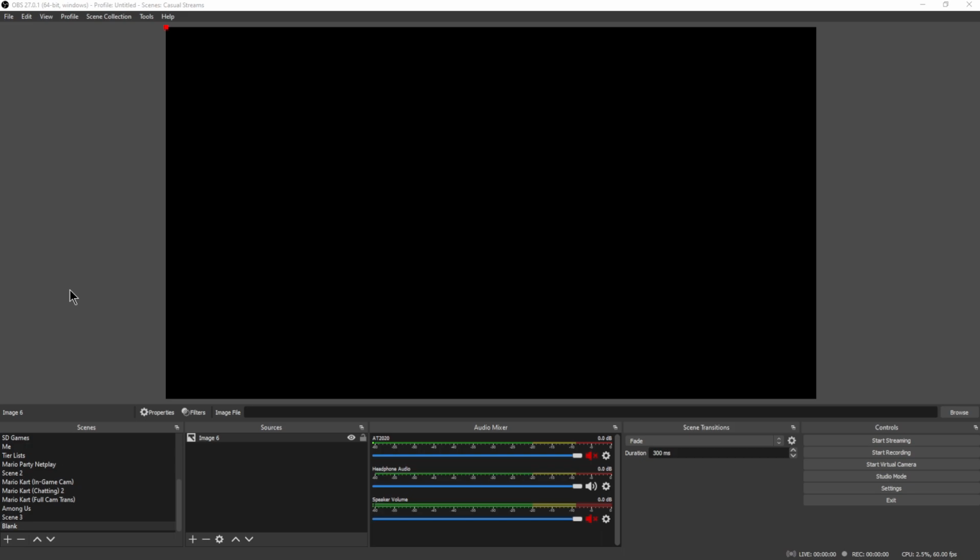Scenes are literally what they are, different scenes, or they could be like different camera angles. You could think of it like that, that you want to get ready. And the sources are what the scenes are compiled of, the different graphics and text and cameras and things like that. So I can give a few examples, such as